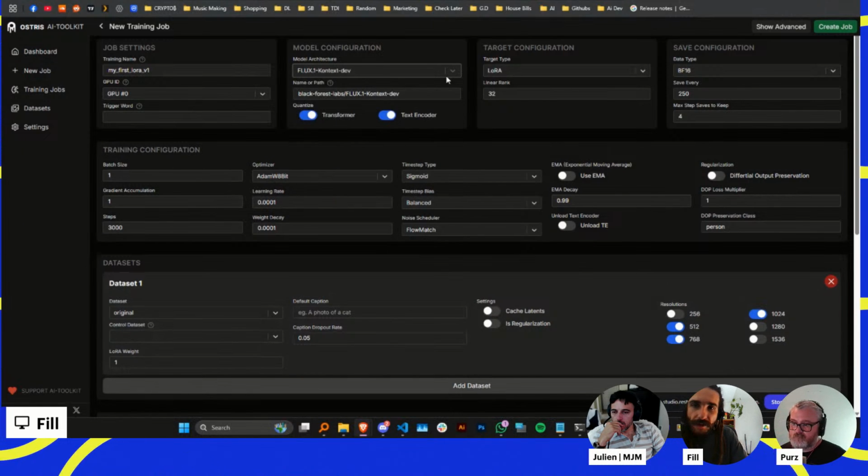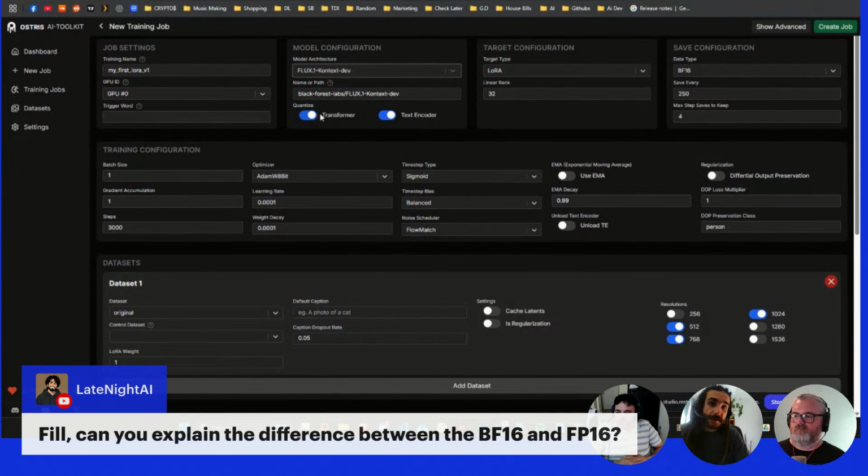In this case, we're going to select context dev. We don't need to touch anything here. You can quantize the transformer if you want, which is the model weights. Can you do a quick